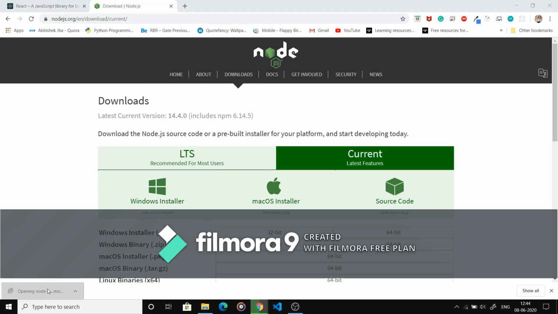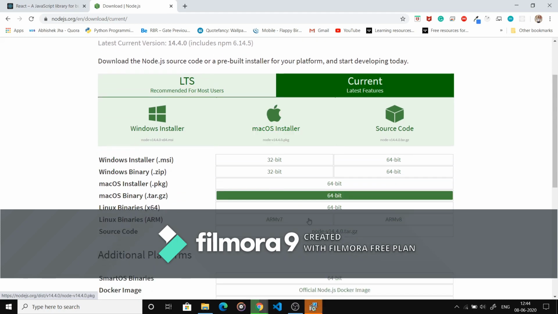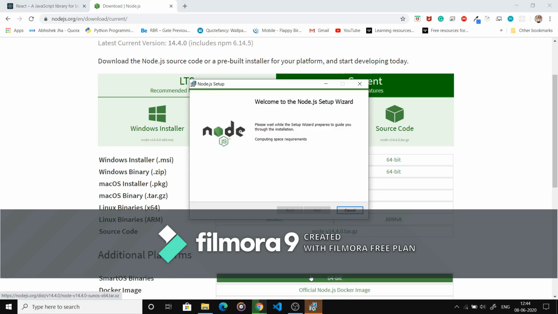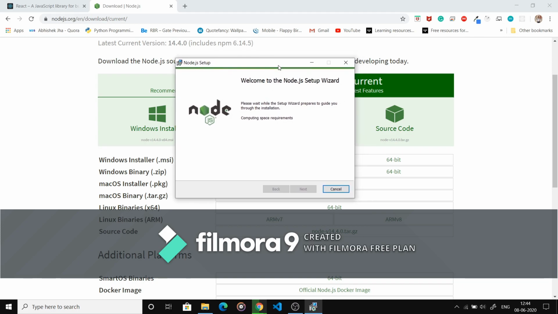This is the official Node.js software. If you double click on it, the installation process starts, so wait a moment. You have to click next.